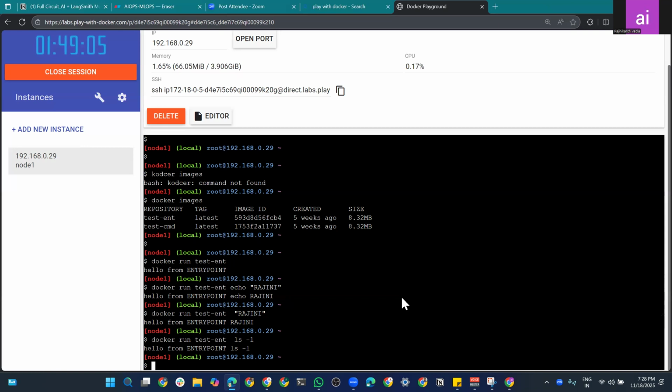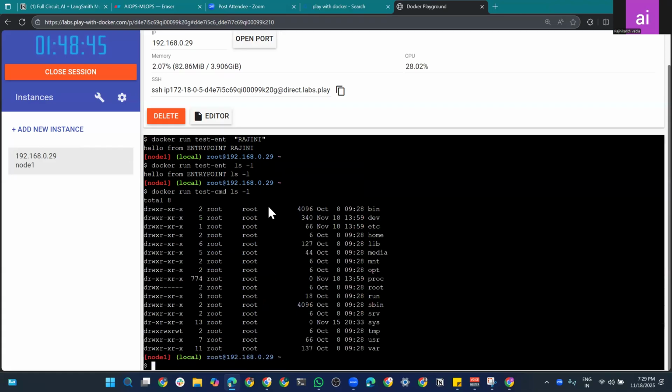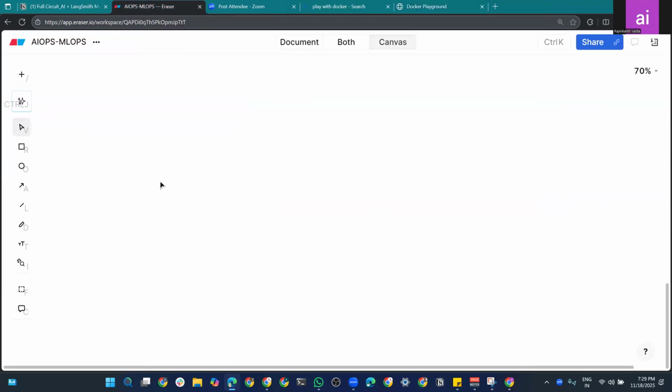Okay, how to do this with entry point and CMD. In CMD also, let me run the CMD. Now this is CMD, right? I'll just give ls -l. It is executing ls -l because it ignored the echo. It is executing the system command. It ignored the echo and it is executing the system command. So the final takeaway is